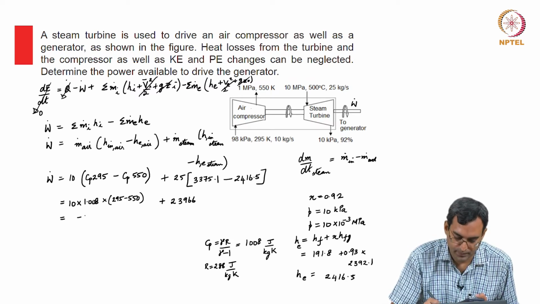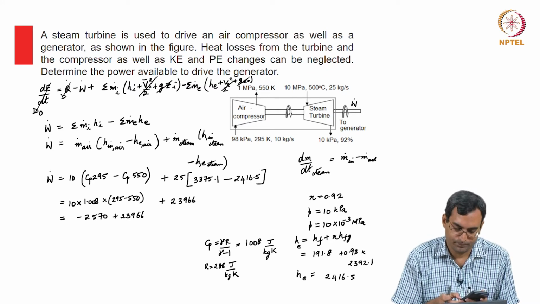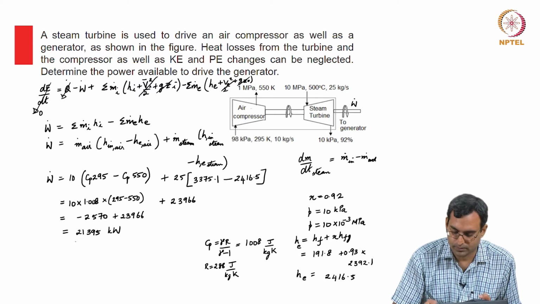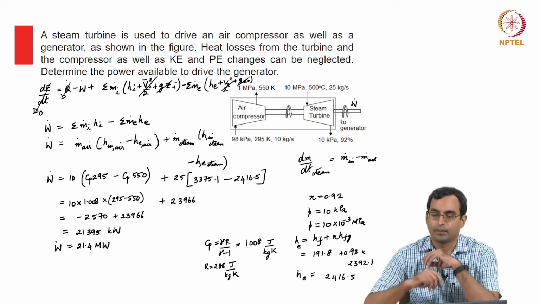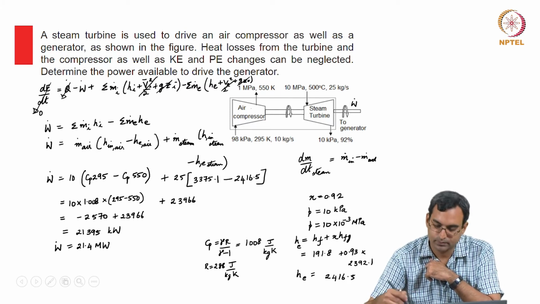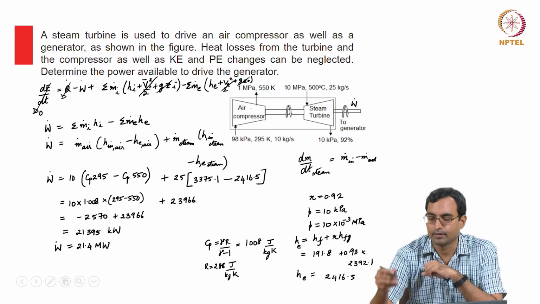So, this is about minus 2570 plus 23,966, which gives me a value of 21,395 kilowatt or 21.4 megawatt. So, what we see is that this turbine produces about 23 megawatt of power. Out of that, about 2 megawatt is gone into running this compressor, and the remaining is still available for running